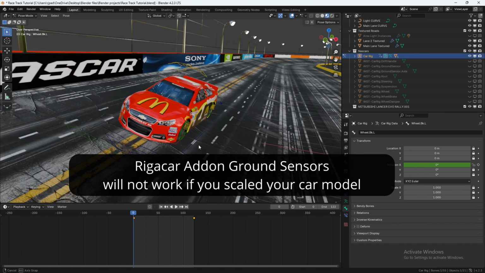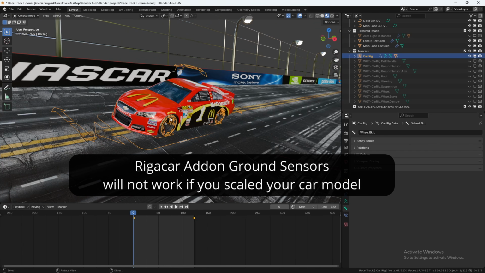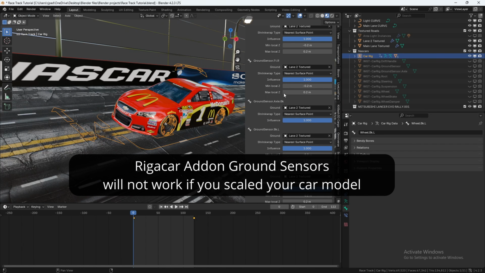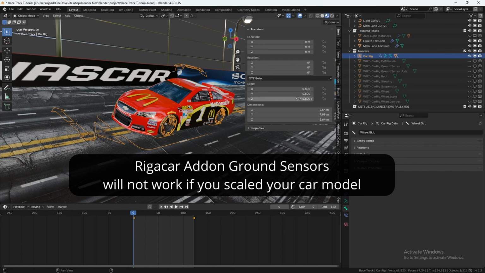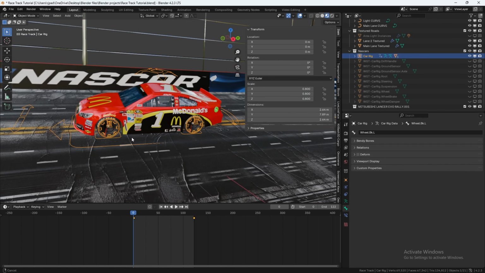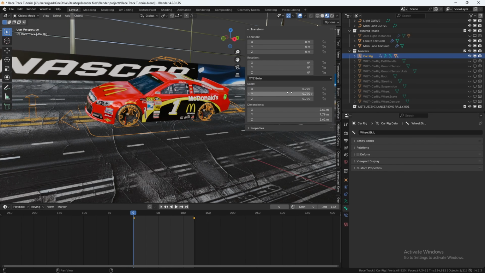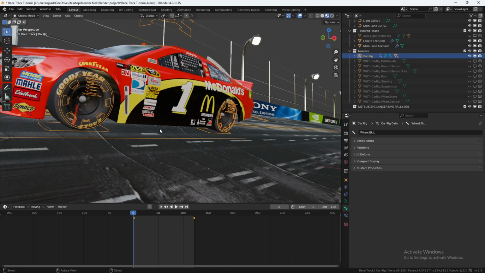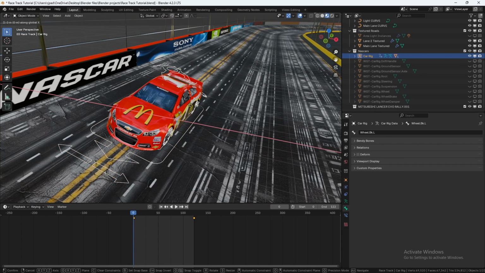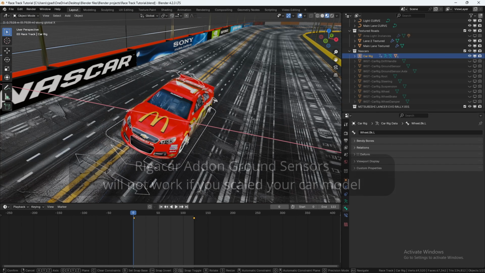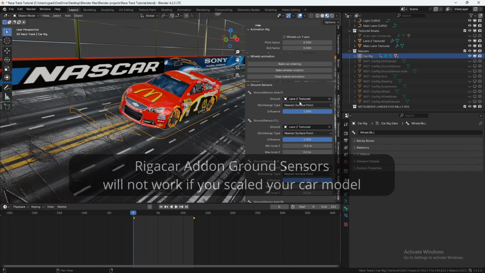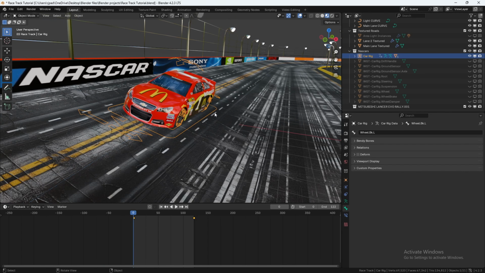the air. And the reason for that is because if you remember at the beginning of the tutorial, we ended up scaling the model down. So in order for the ground sensors to work, it needs to be back to its original scale. So once it's back to its original scale, it'll stick to the ground as per usual. So just keep that in mind. If you want to use the Rigacar add-on's ground sensors, make sure your rigged car model was at its original